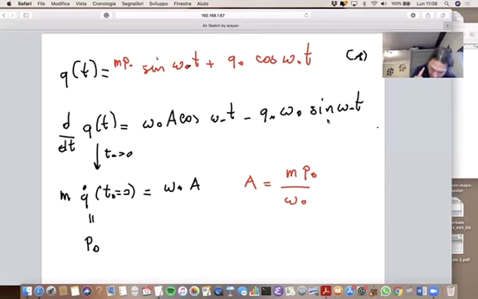Oh, of course I have a mass term here. So it's P naught divided by mass and frequency. Okay, I guess it's right. This is, of course, P naught. Okay, so finally,